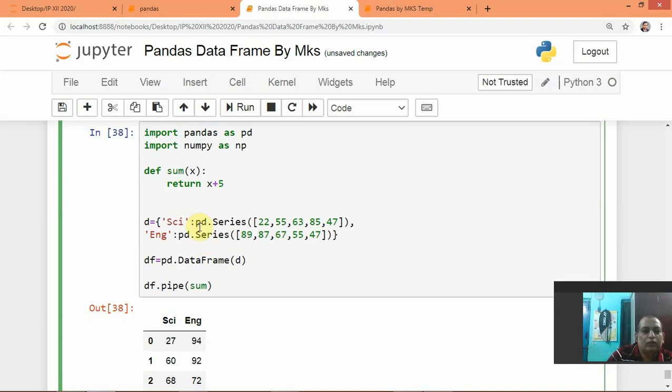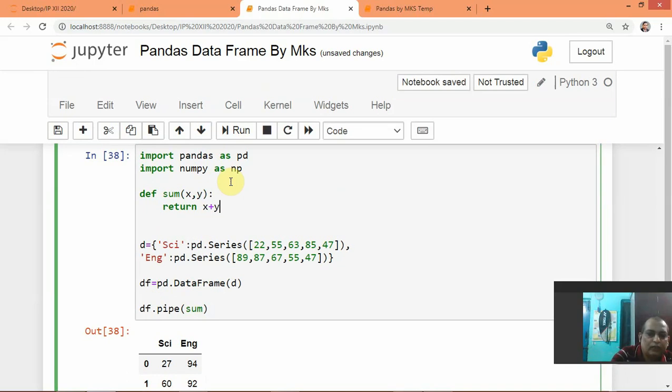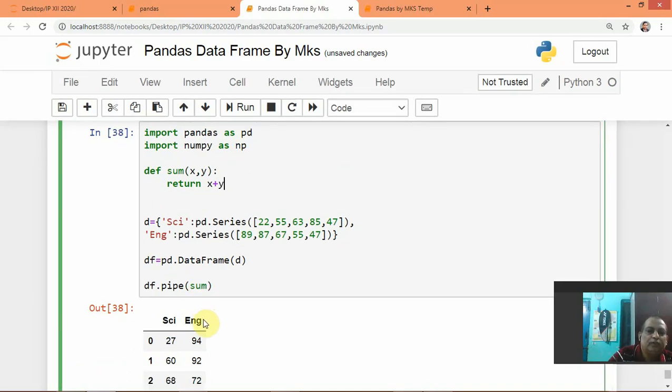Suppose we want to use one more function, like x comma y, and here we are giving x plus y. So here we can write like this: x comma 10. So what will it do? It will add 10 to each element.